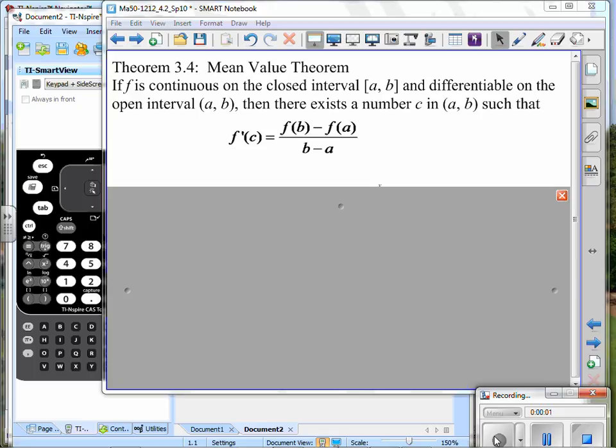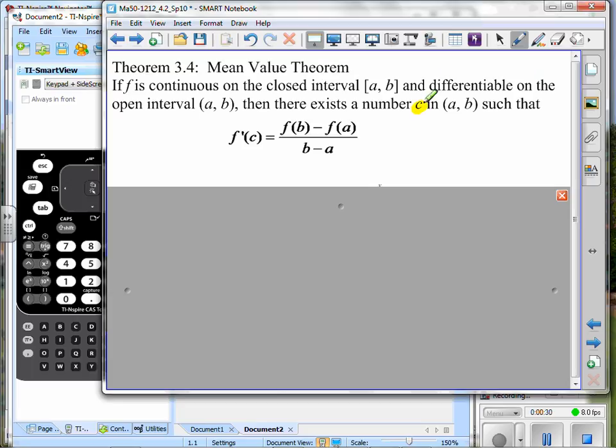It's the Mean Value Theorem: continuous on the closed interval, differentiable on the open. Take a look at that. What you need to do is put into words what you see. One is that there exists an input. Now, by the way, we keep going over this, and I just gave you the answer, but what is C, an input or an output? An input. So there's a value C, an input value C in the open interval. That we're sure of, such that